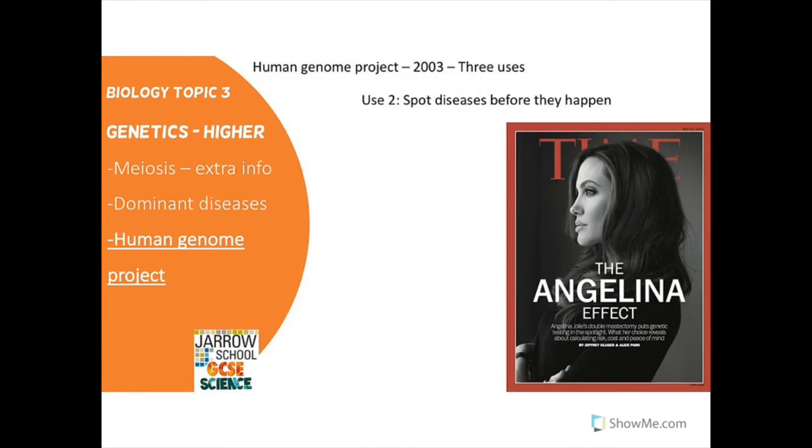And the second use, so this can then be used to spot diseases before they happen. So Angelina Jolie did a genetic test and she was found to have a certain gene, which is called the BRCA1 gene, and this means that it was 87% likely for her to develop breast cancer in the future. So she made the very brave decision to have her breasts removed so she could then not develop breast cancer,